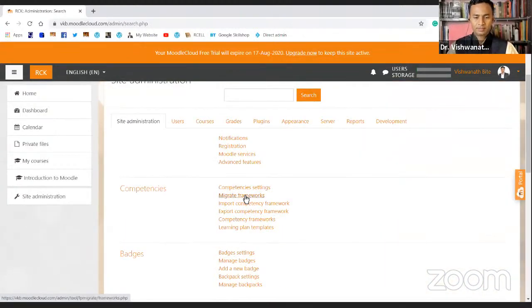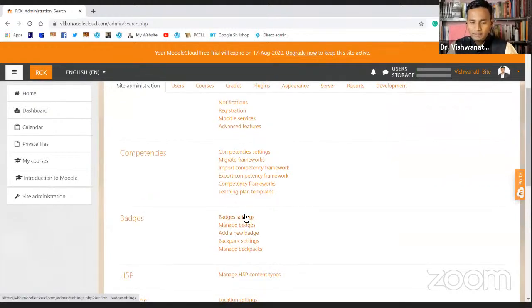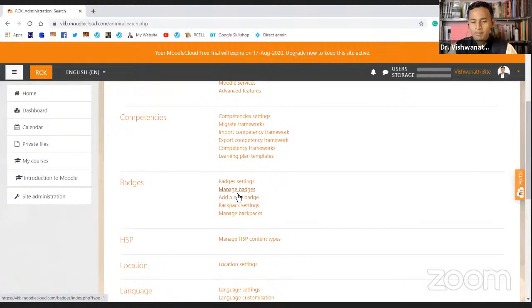Now here, if it's about badges setting, let me tell you, a badge is like in many social media sites right now, they are giving this kind of a reward. So you are giving this reward to your students or anybody who is using that classroom for that matter. And what we do is we award them. So maybe someone who is communicating so often, a conversation starter or something like that. Facebook recently has rolled out this feature for Facebook groups, and that is very much like the same. You can create your new badges here, you can manage your badges here.